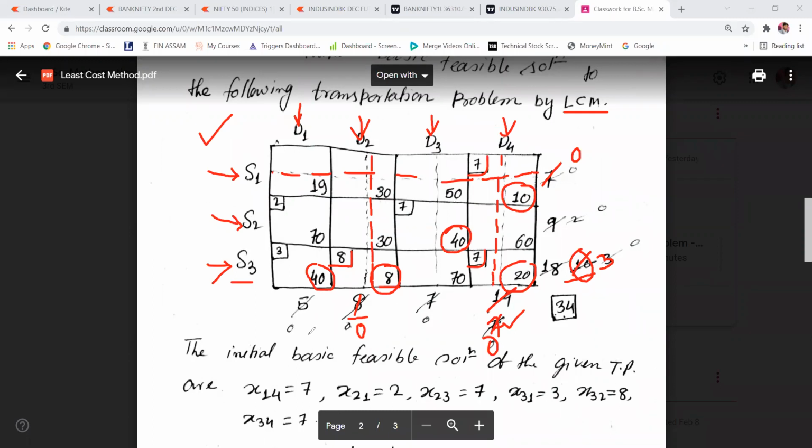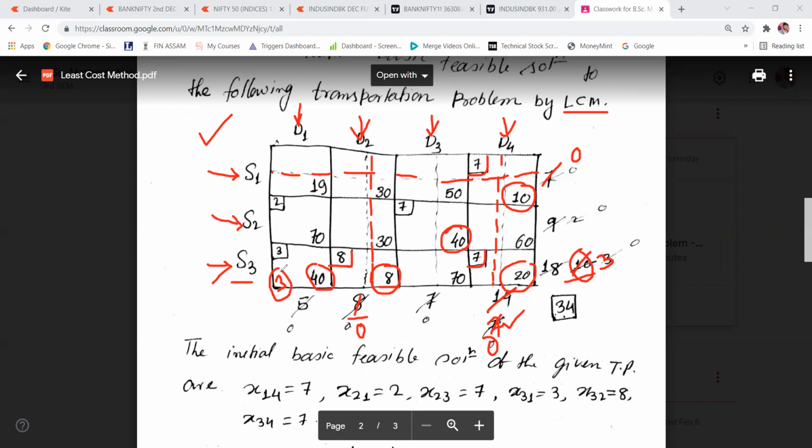For doing that, first you check in both cells what our allocation will be. So first we'll check what allocation we can make to these two cells. If you check here, it is 40. Demand is 5 units. Supply is 3 units. That means the minimum is 3. So you can allocate only 3 units here at first.